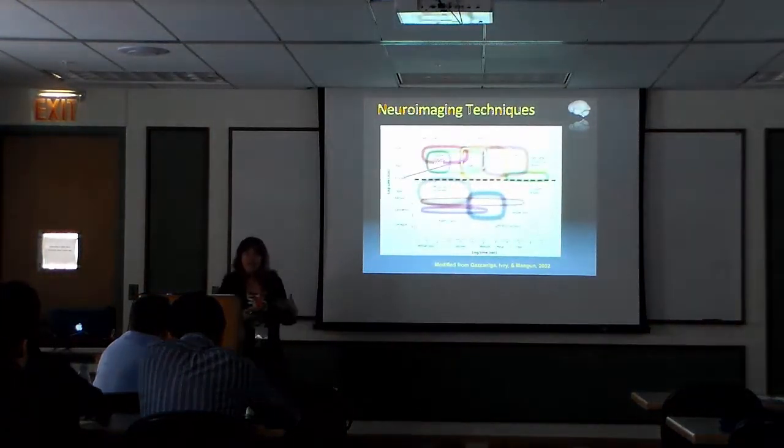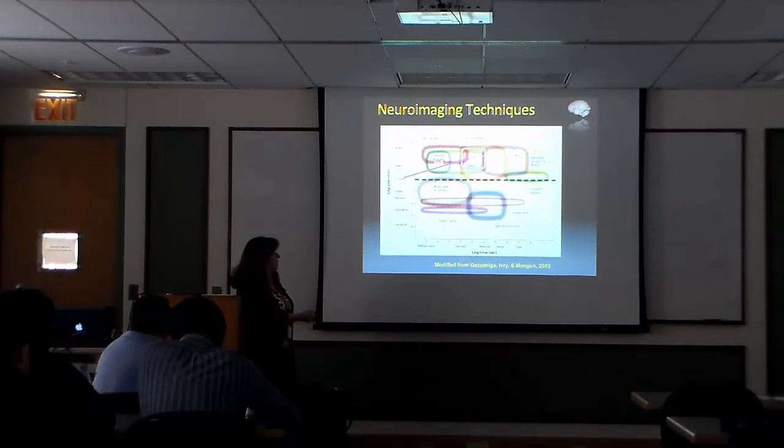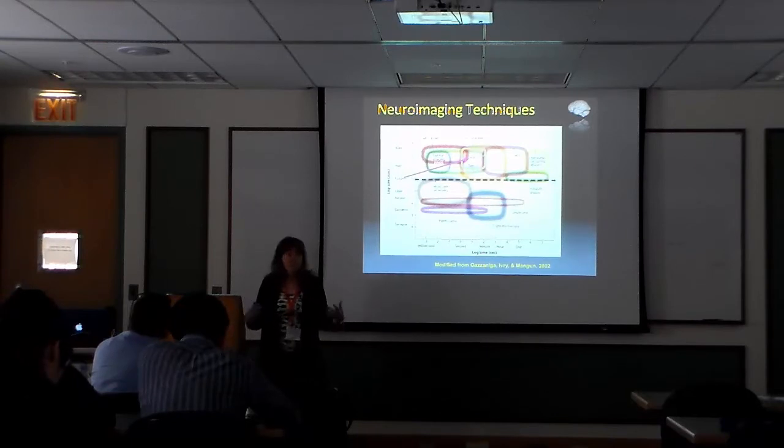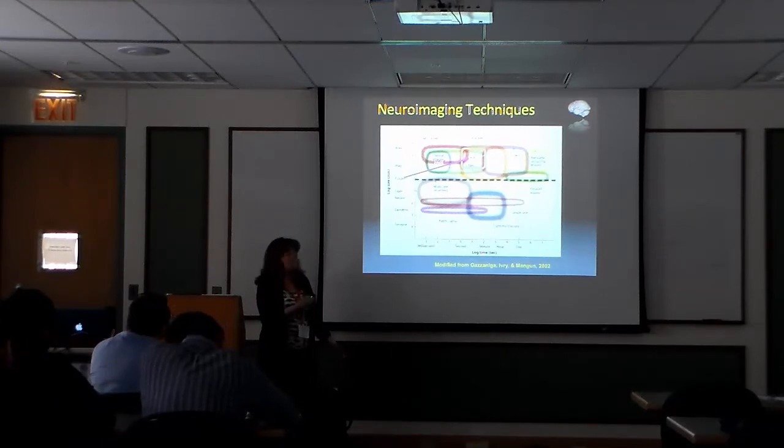Just to give you an idea, again, in terms of scale, these are neuroimaging techniques classified by temporal and spatial resolution. Anything below this line is invasive, so it can be done in tissue or animals, but certainly not in humans. Everything above this line will possess a lot less spatial resolution because it's in humans and it's non-invasive. Near-infrared spectroscopy is about here, so it has the temporal resolution of more or less fMRI because it's based